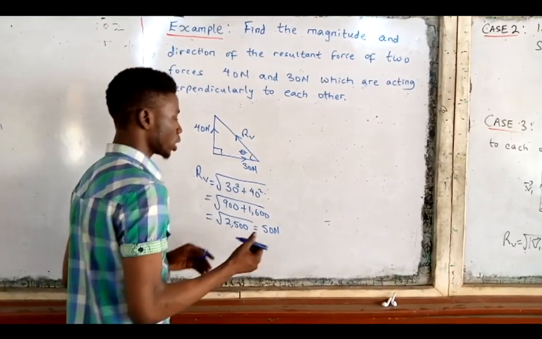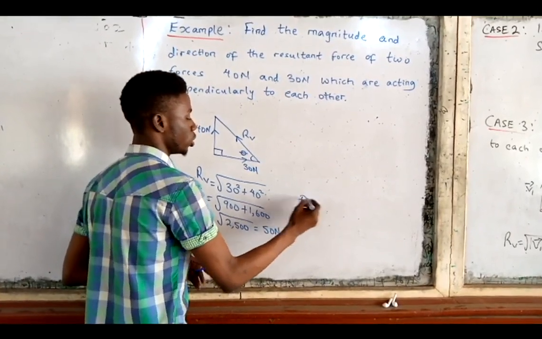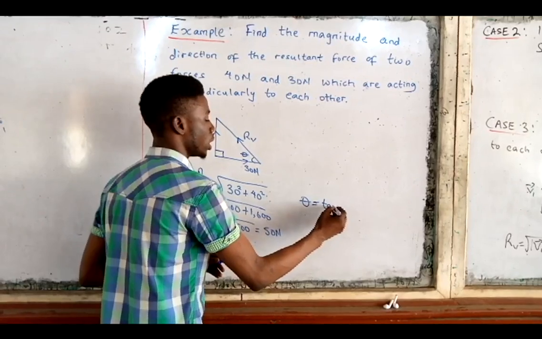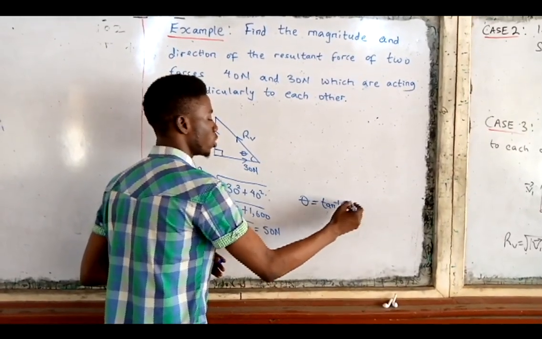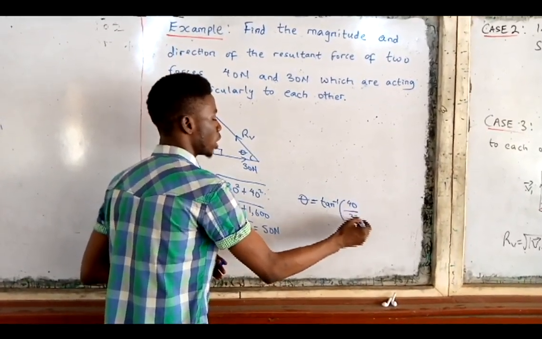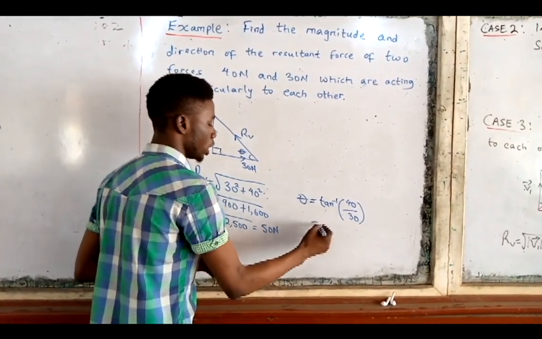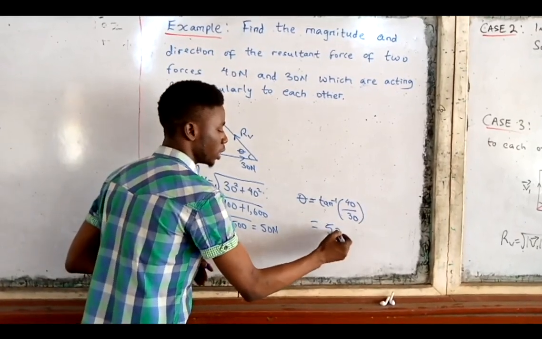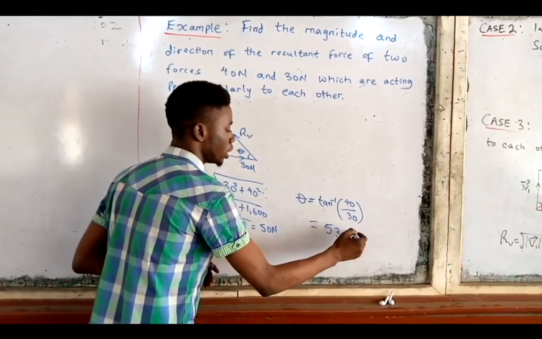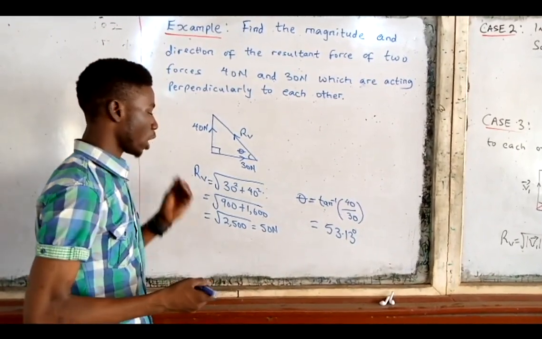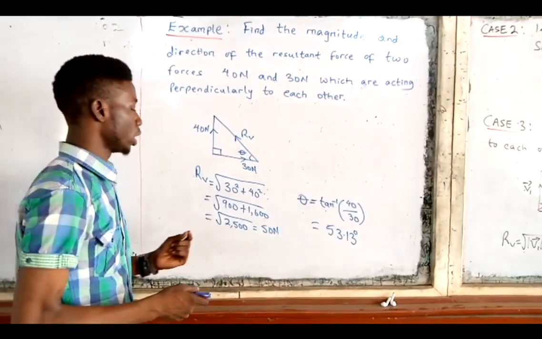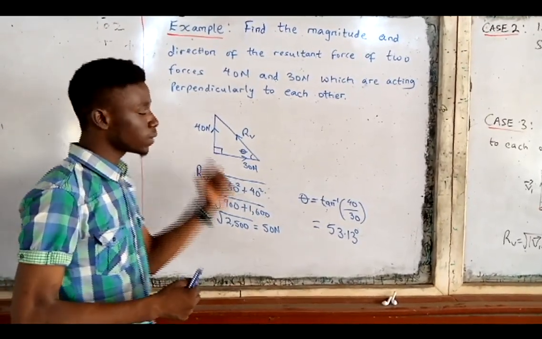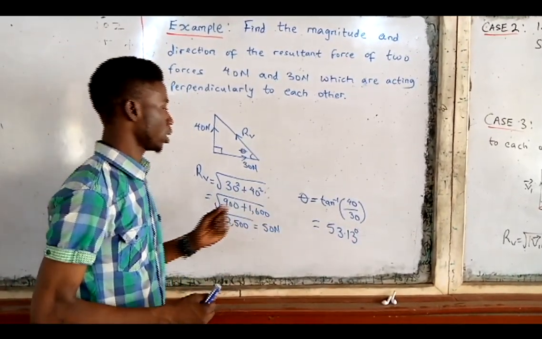Now, let us compute the direction of the resultant force. Theta will be equal to the arctan of 40 over 30. And if you press this on your calculator, this will give you 53.13 degrees. So which means that our resultant force is 50 Newton in magnitude and it is 53.13 degrees from